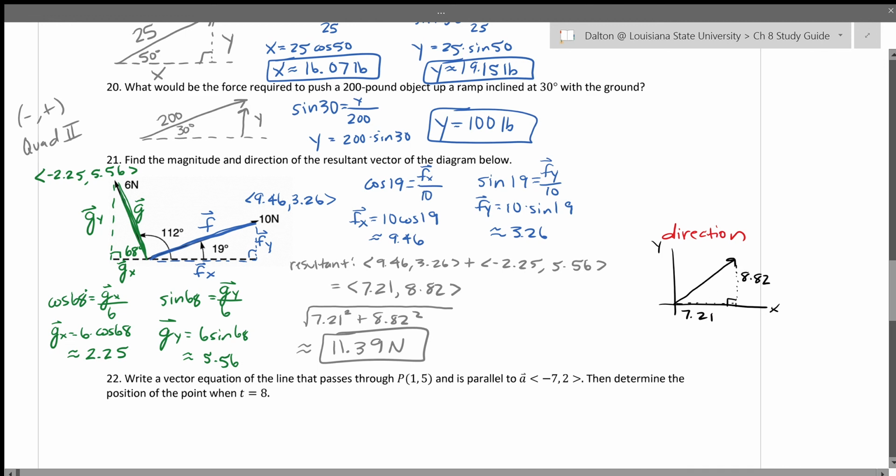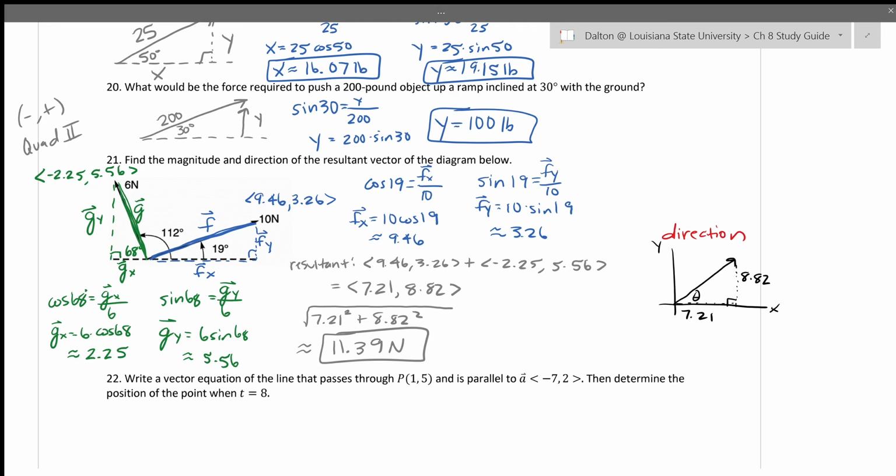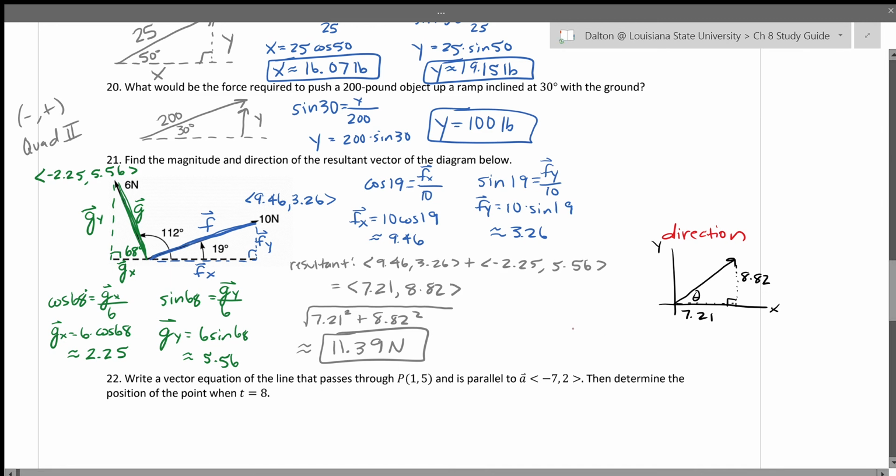Well, if I have a right triangle and I'm trying to solve, remember direction, as we talked about on the front side, is the angle between that vector and the x-axis. If I put theta there, if I want to solve for theta, I can set up a tangent ratio. I know tangent of theta is y over x, or opposite over adjacent. So it's 8.82 over 7.21. And then to isolate theta, to get theta out of the tangent function, theta is equal to tangent inverse of 8.82 over 7.21. When we type that in our calculator, we're going to get that theta is approximately